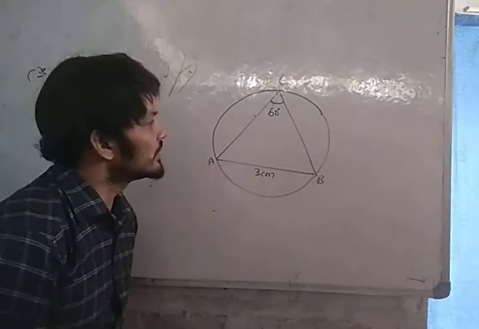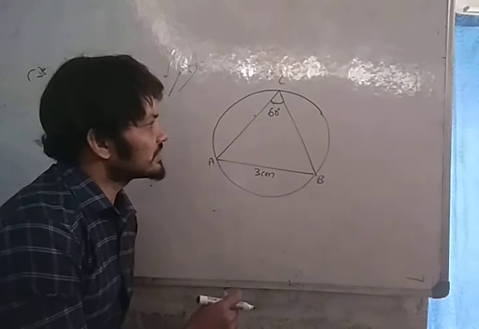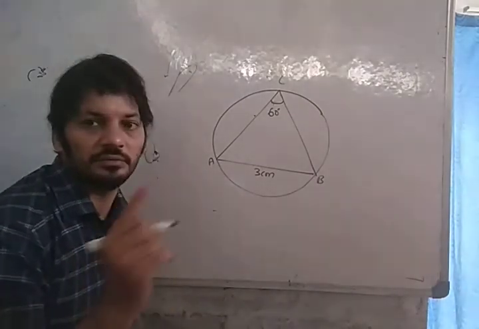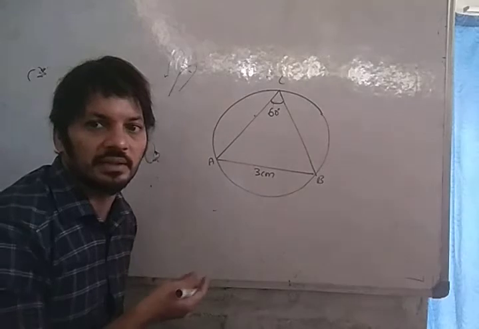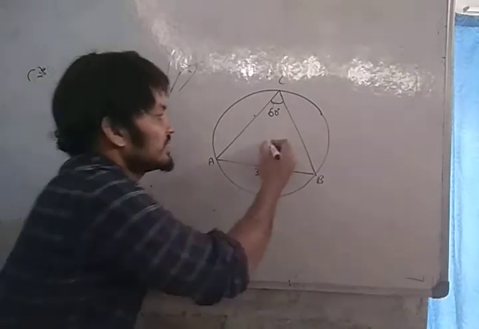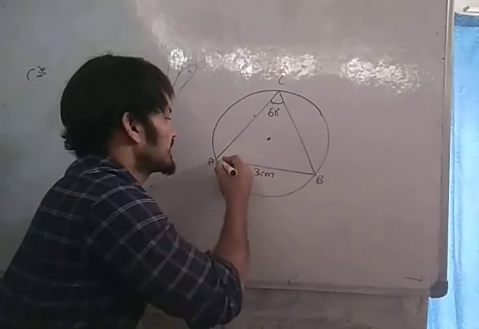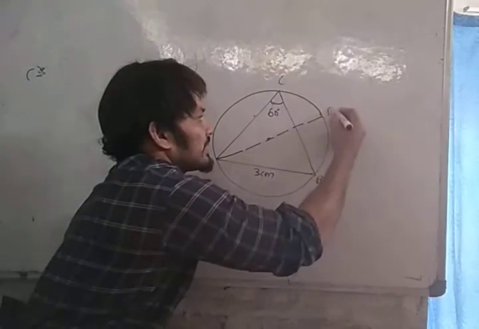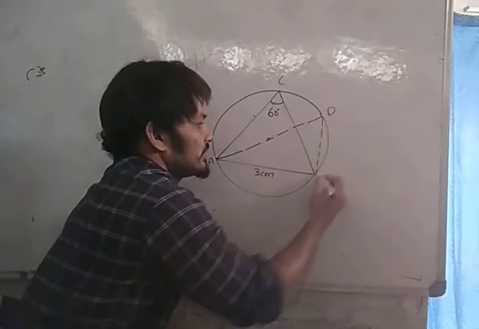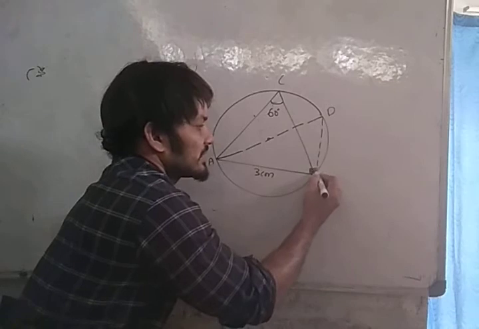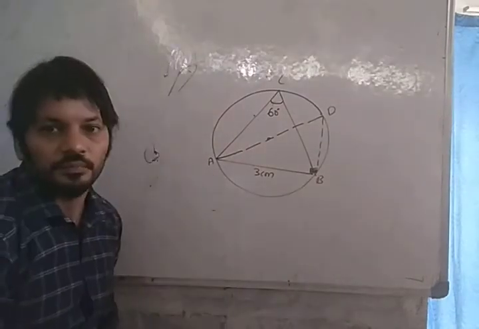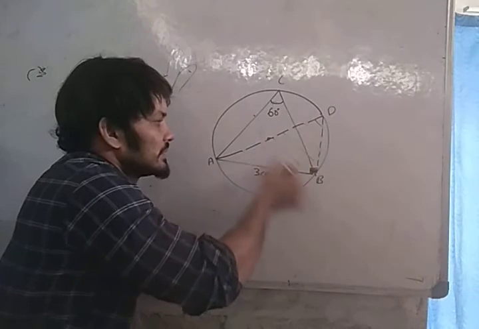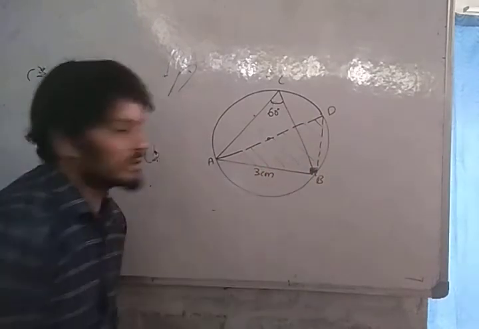Radius. Radius means, as in the last video I already sent, find the diameter and make it half. Radius getting. First find the diameter, like this diameter. This is the diameter, D, writing and joining here. You know angle in a semicircle is always 90 degree. This is the right angle triangle. Right angle triangle, not trigonometry using.